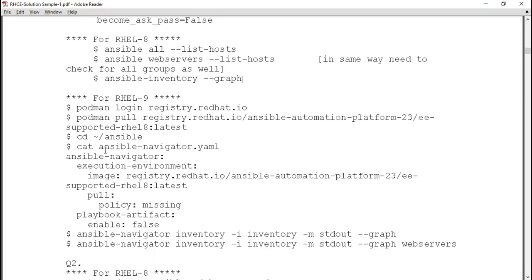All the questions which we have in this exam, we can do with the Ansible core command, like the ansible-playbook command. We can run this and perform everything. But as it's Red Hat 9, it could be possible that you may need to run the ansible-navigator command in some of the cases, right? So the ansible-navigator command would need the registry.